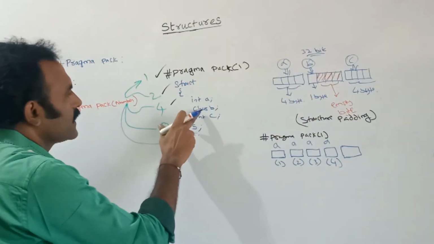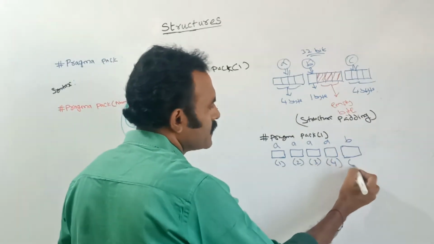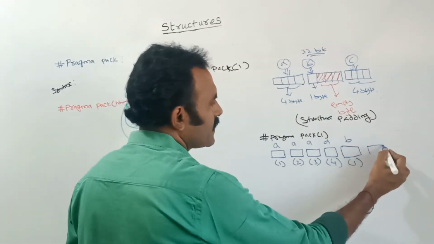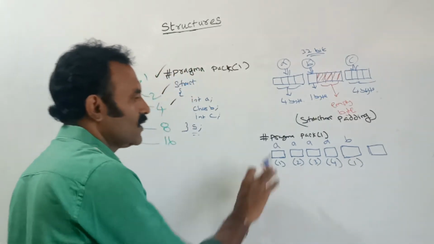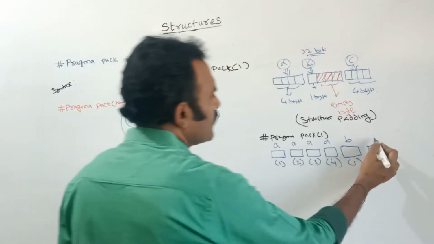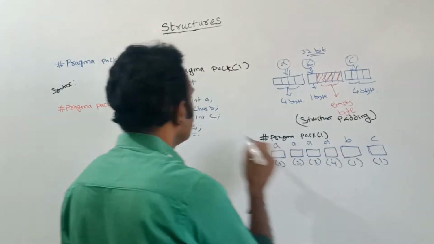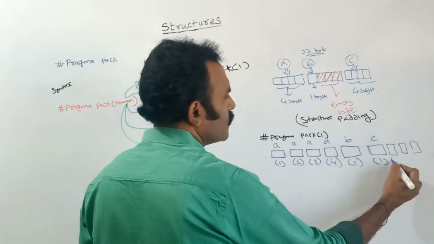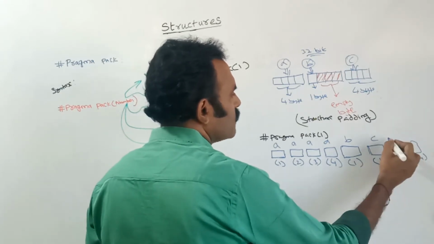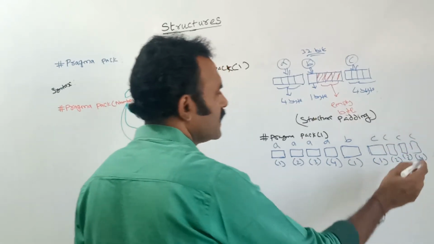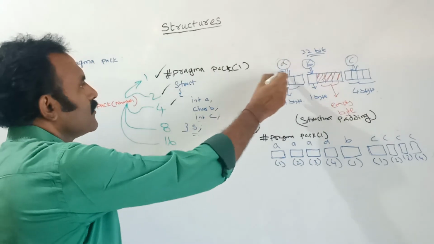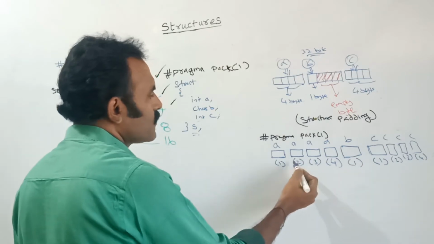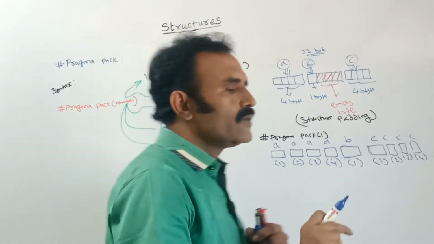Here next is character b, so here b of 1. Next here integer c. See here, each and every time it will align 1 byte only. Next c, here c of 1. C is what data type? Integer data type. So here it will allocate up to 4 bytes: c of 1, c of 2, c of 3 and c of 4. See, these bytes were split here, each and every time it will split 1 by 1. So here there will be no padding.